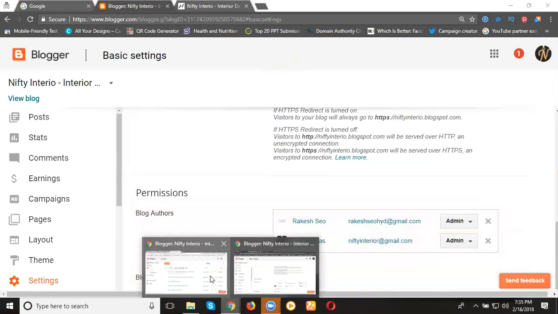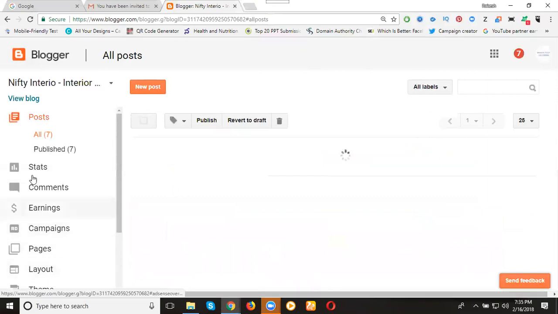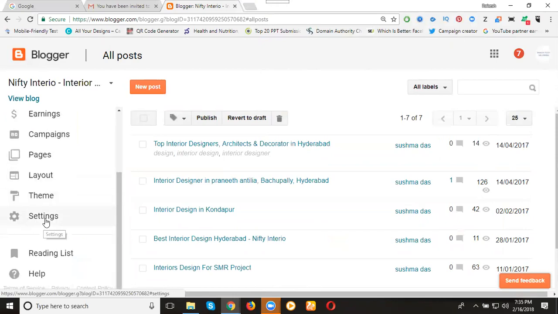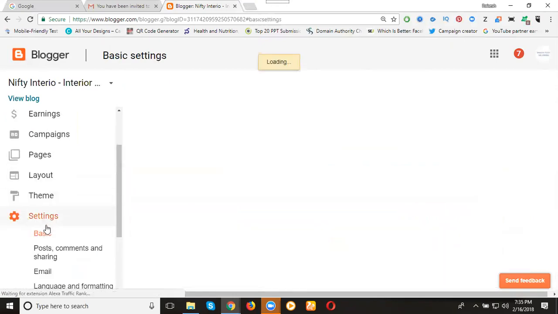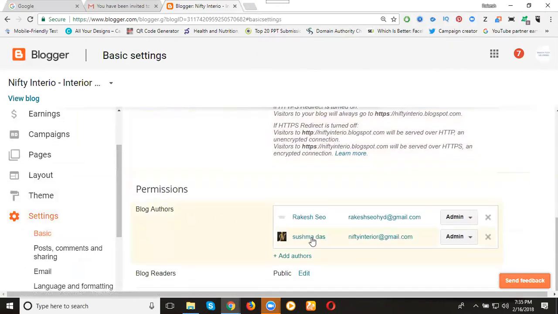Now go to here. Refresh. Previously only a few options were there. Now we will have complete access. One is moderator, one is called admin. So look here. Just go to settings. Basic. What option is called? Permissions here. There is an owner. I can give author also. By moderator we can change. Admin is nothing but full access will be there in the admin part.